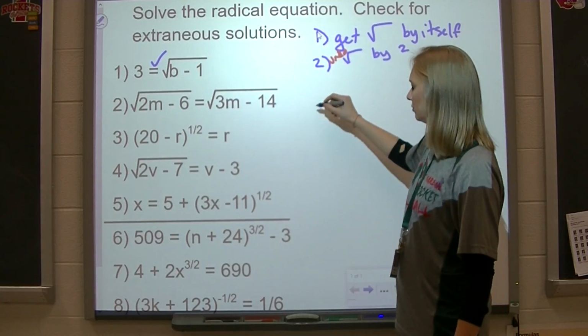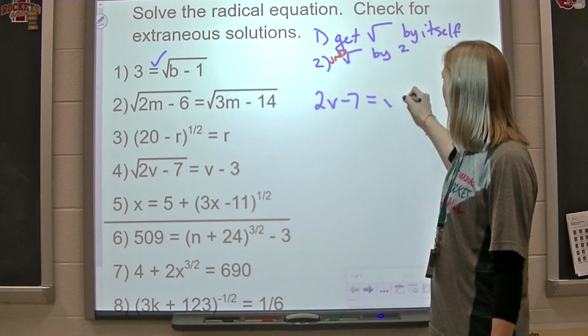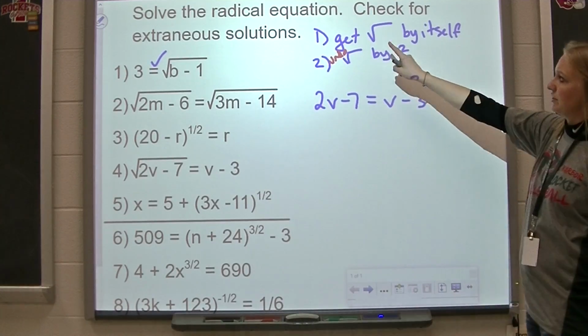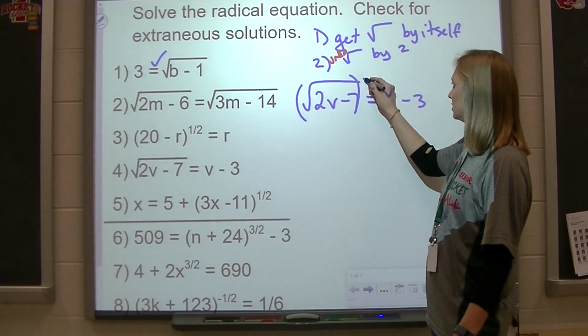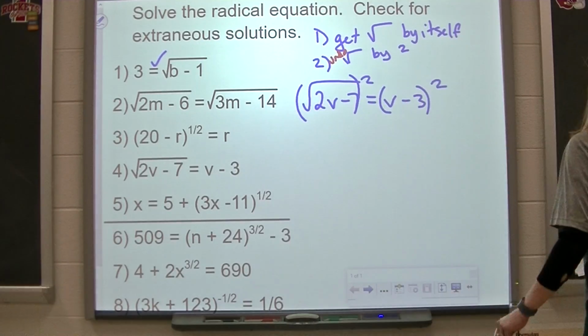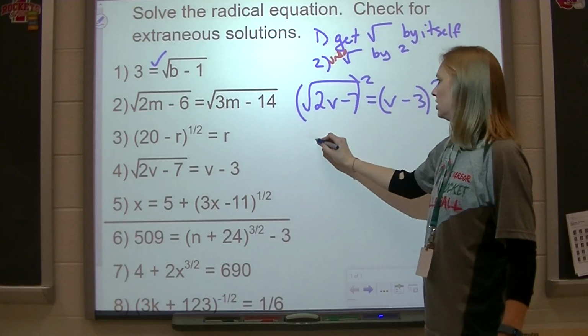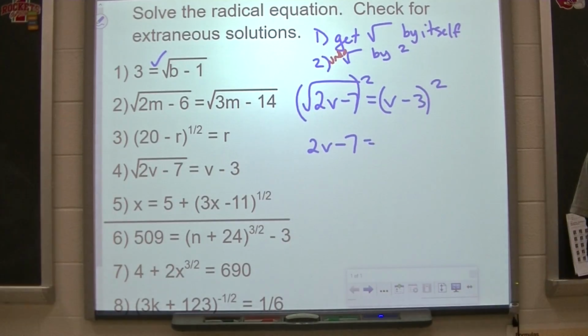Alright, problem 4 here. Is our radical by itself? Yes it is, so I don't have to do anything there. Second thing, we have to undo the radical. We have to undo the radical by squaring. So let's square both sides there. Doing this, the radical will get undone. So we have 2v minus 7. Remember, v minus 3 squared is not v squared plus 9, or v squared minus 9. It's v minus 3